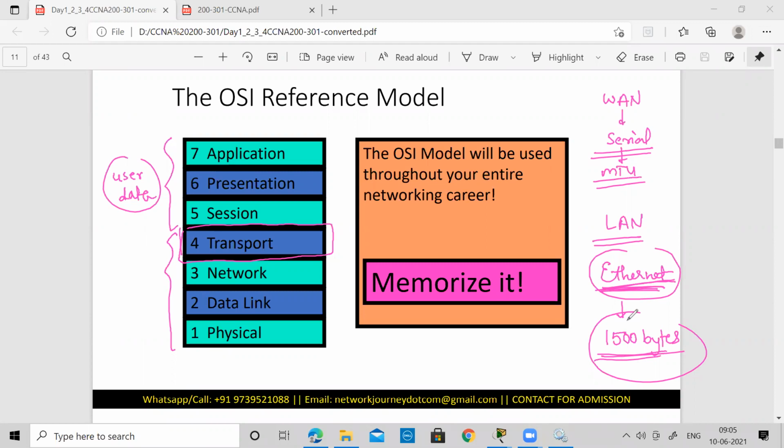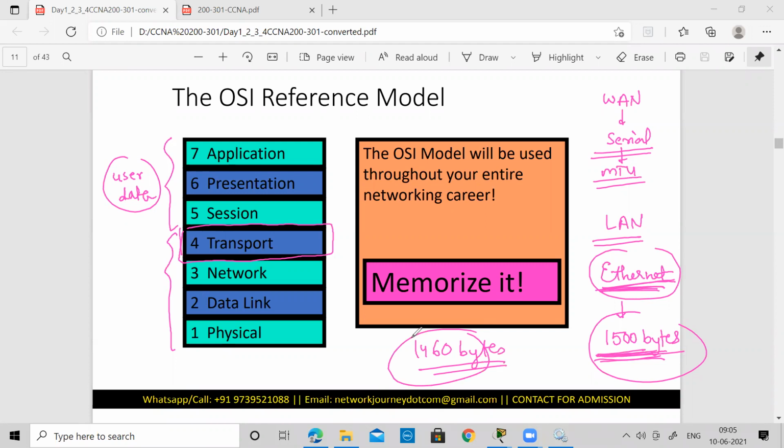In this case also, if you are sending a 1 GB file, it needs to be broken down into chunks suited to the underlying mechanism. If the technology is Ethernet, you need to make sure the data being divided is somewhere around 1460 bytes. That means we don't divide it into exactly 1500 bytes; we divide it into this number of bytes. Why this? We will see.